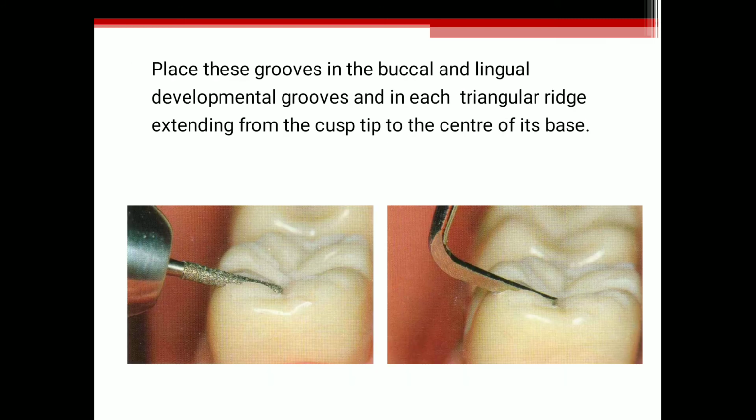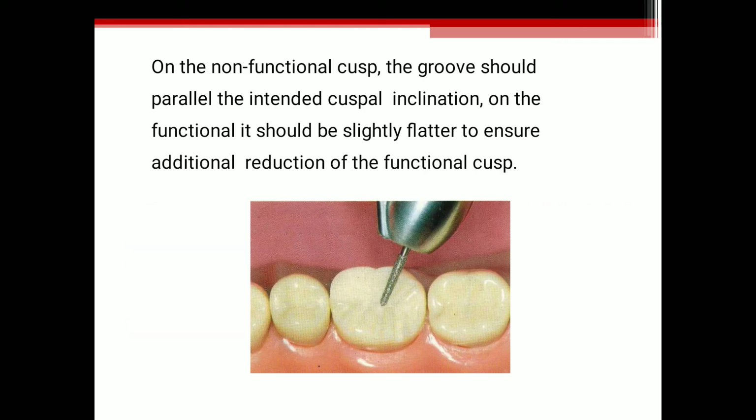Then place grooves in the buccal and lingual developmental grooves and in each triangular ridge, extending from the cusp tip to the center of its base. After your selection in the center of the fossa, you extend the grooves deep into the buccal and lingual developmental grooves and in each triangular ridge, extending from the cusp tip to the center of its base.